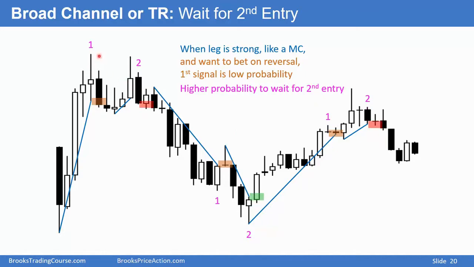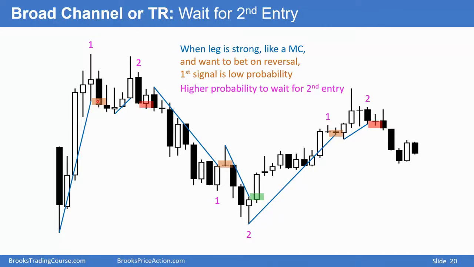If you're looking to sell, do I want to sell this? No, the first breakout below a bull microchannel probably will fail. If I'm looking to sell, maybe I'll take a second entry, especially since we have a good bear bar here, and the market went below it, triggering that short. And then we have a second bear bar here, market went below it, triggering that short. This is a higher probability short than that.